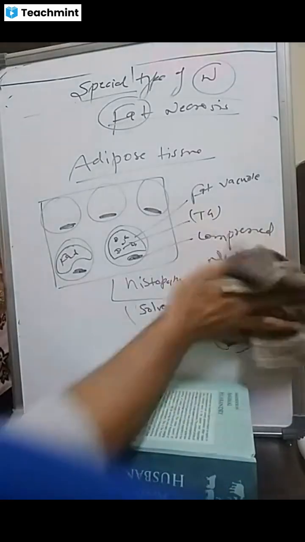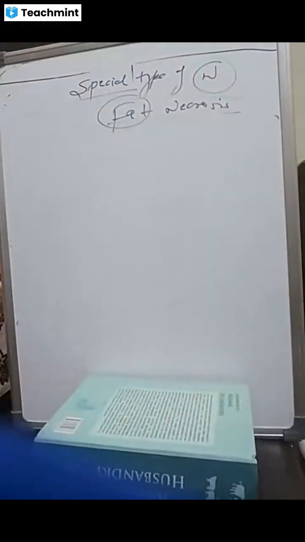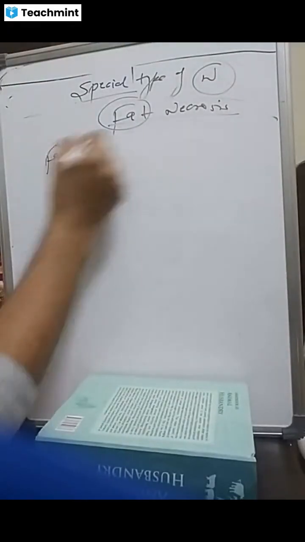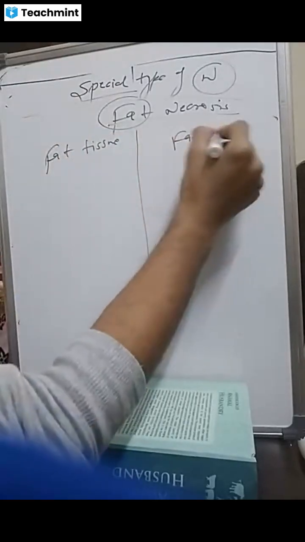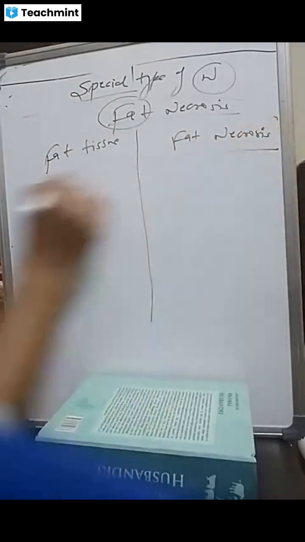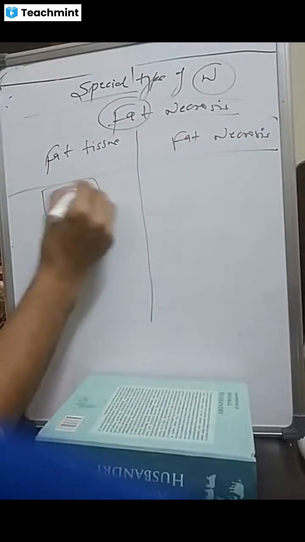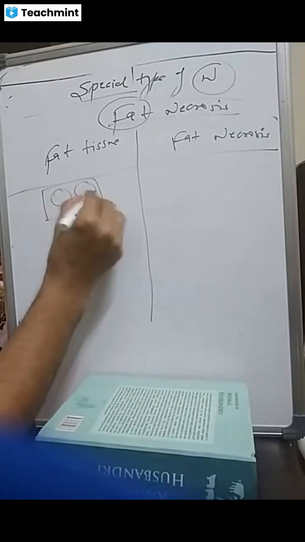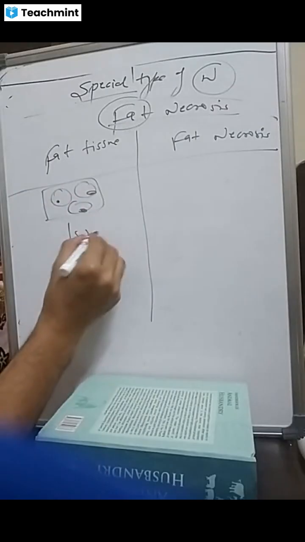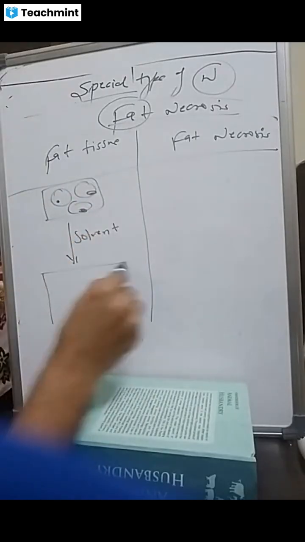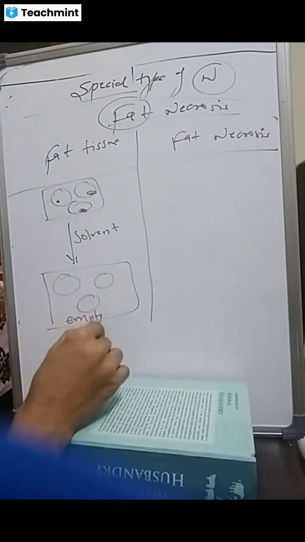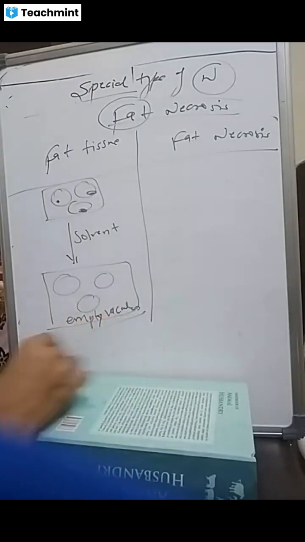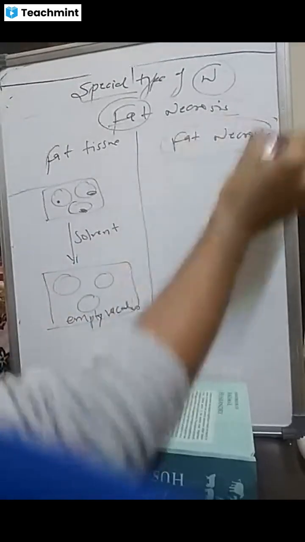It means if you have a normal fat tissue and here you have fat necrosis tissue, in this case, these are the adipocytes. If you pass them through your solvent, you will find empty vacuoles. Fat is dissolved. But in fat necrosis,